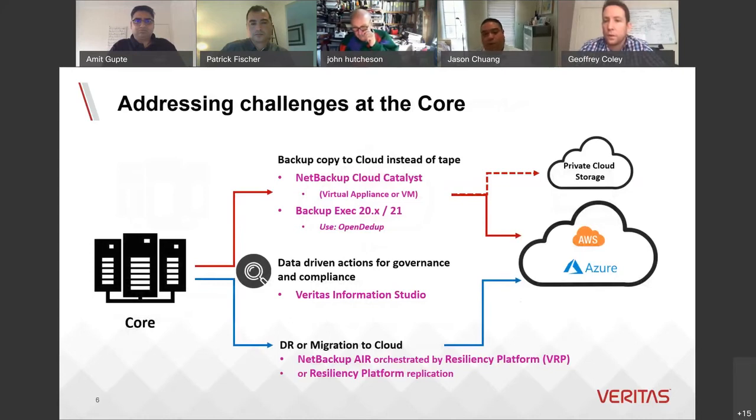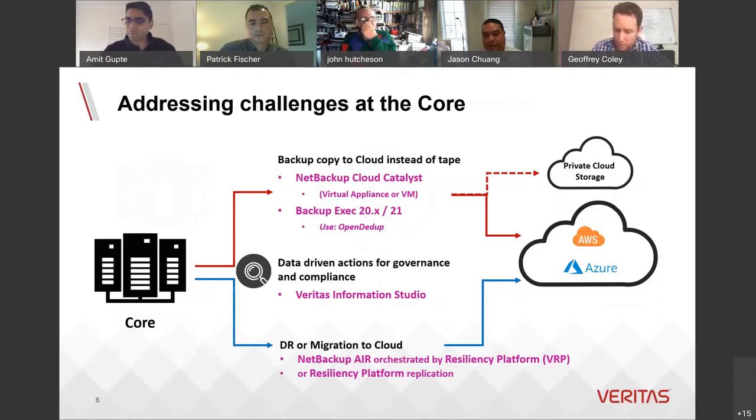So getting into the core, I looked at those key questions that we've seen recently. A lot of our customers and partners have been asking about that, especially the backup tape issue. So what can you do if you need an offsite copy and you can't go and change tapes?